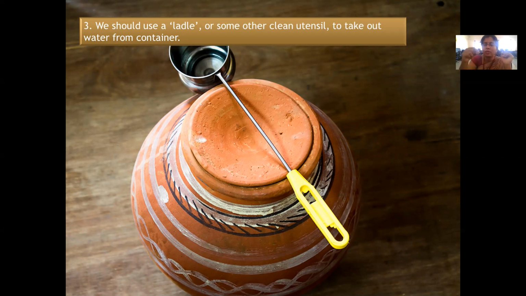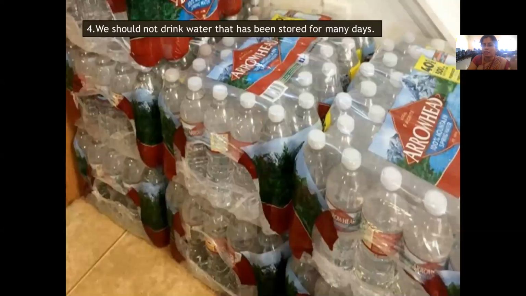When you're dipping your glass inside, make sure that the glass is clean first, and dip the glass in such a way that your fingers are not getting dipped. And on the safer side, use a ladle. You can see on your screens the ladle which is kept on this pot. So use such kinds of ladles to take out the water. Here you're holding it at the end, you're not dipping your hands. So these things you can actually do.